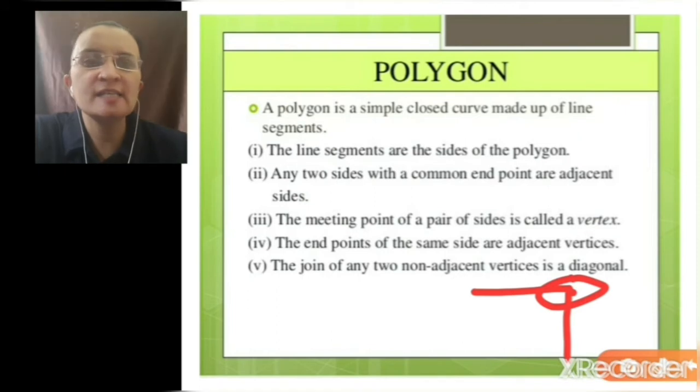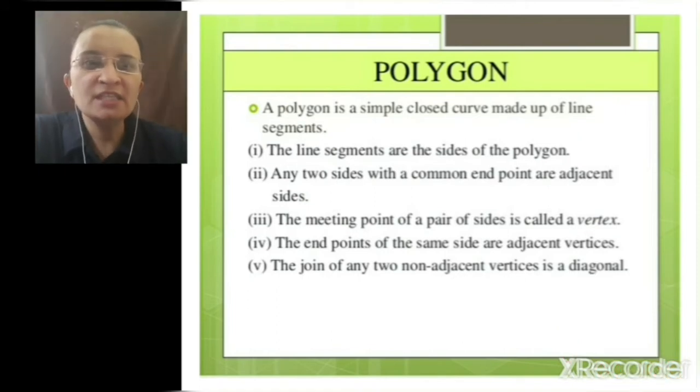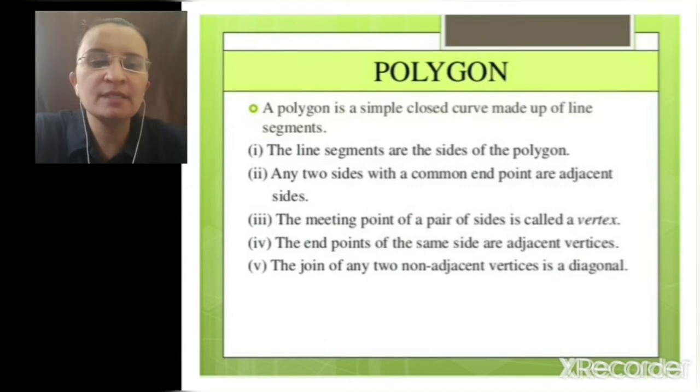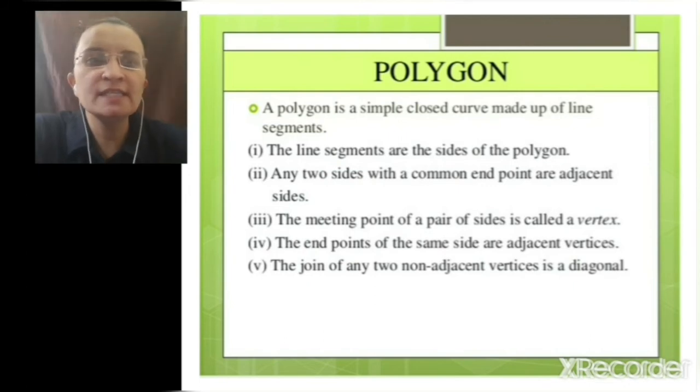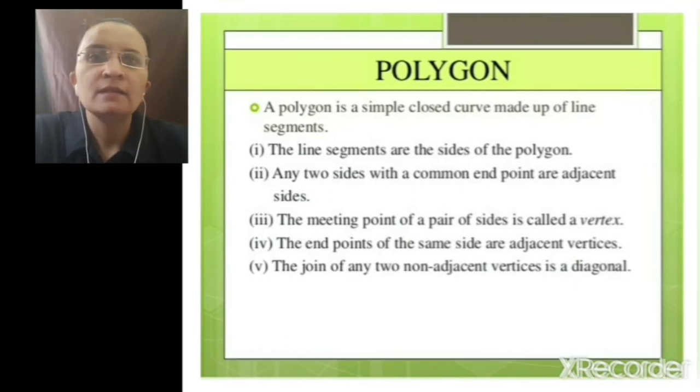called adjacent sides. The meeting point of a pair of sides is called vertex. Meeting point of two line segments are called vertex. Two line segments which are the sides of a polygon, the meeting point of two line segments, two sides of a polygon is called its vertex. The endpoints of the same sides are adjacent vertices, and the join of any two non-adjacent vertices is called its